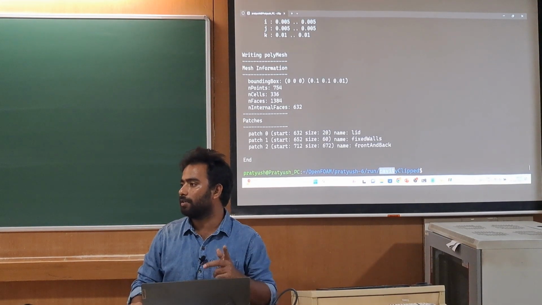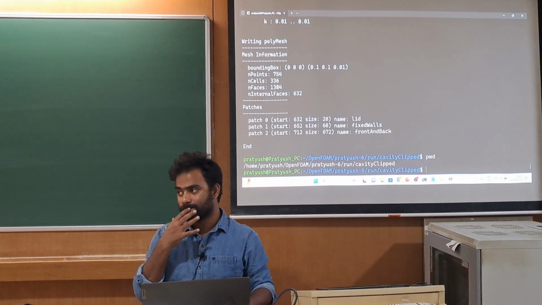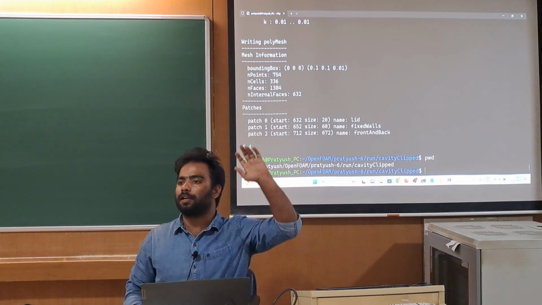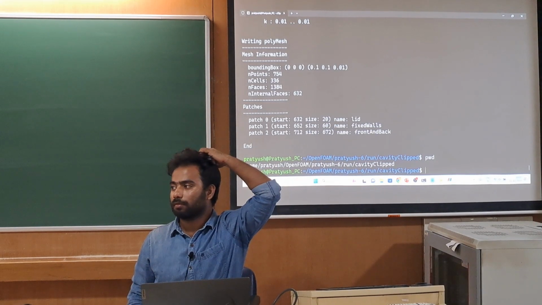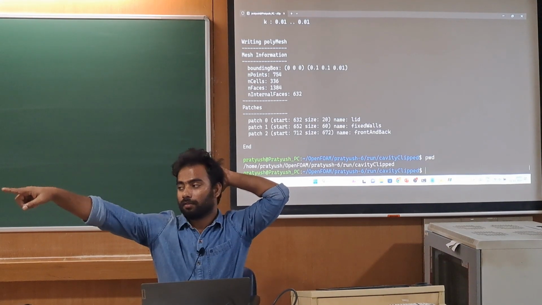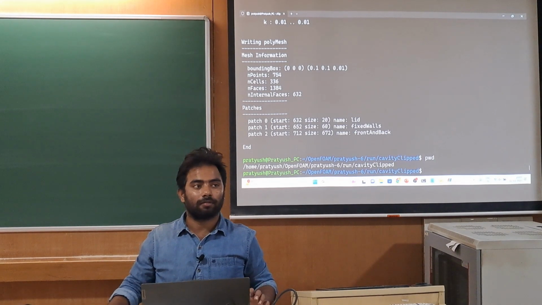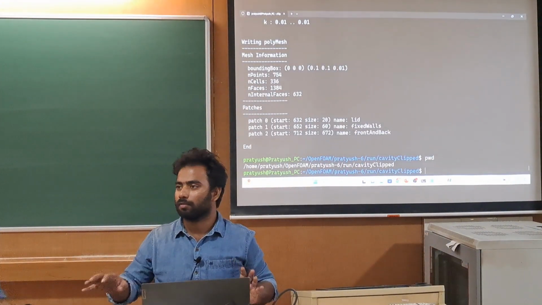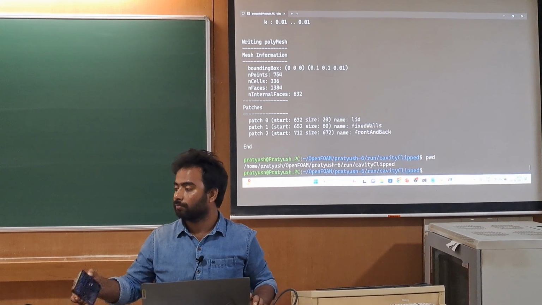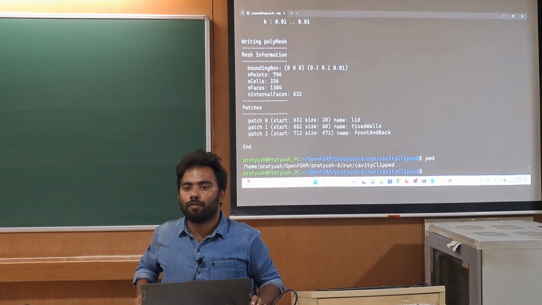Cavity clip, you may be in a different path. How many of you are getting the error?